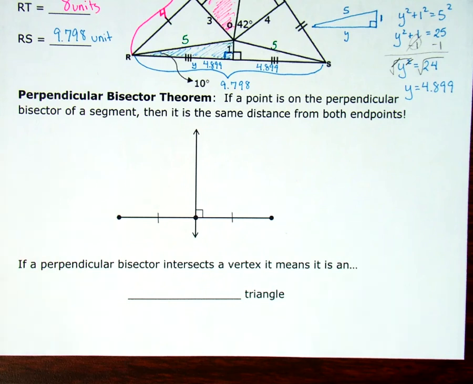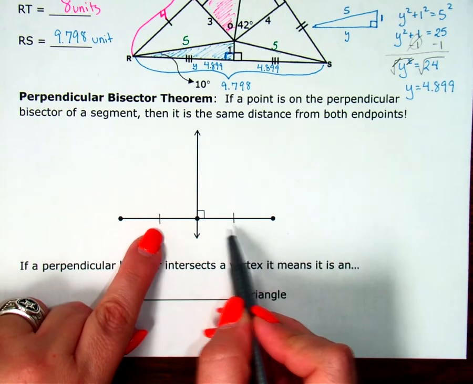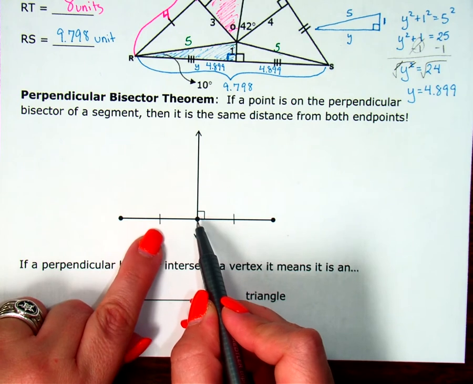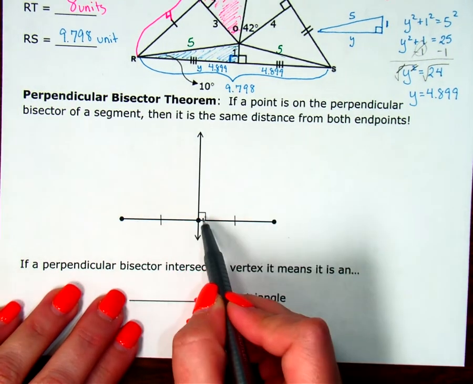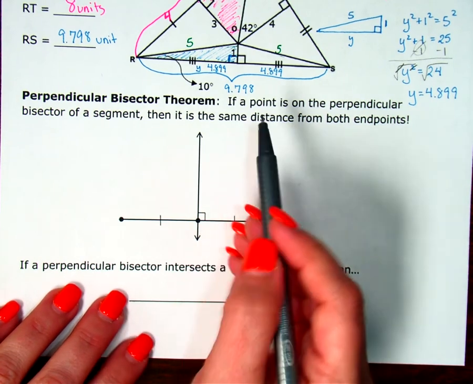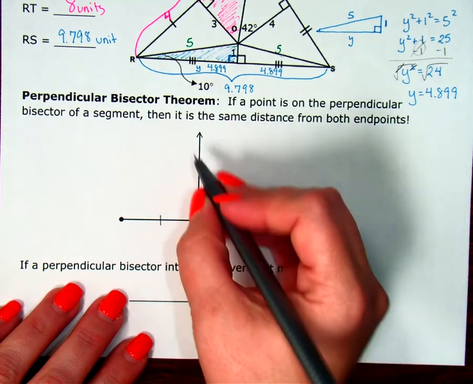All right, the last thing we're going to look at is called the perpendicular bisector theorem. It says if a point is on the perpendicular bisector of a segment, then it's the same distance from both endpoints. So notice here I have a segment, and because of these tick marks, I can tell that this is a midpoint, and then this line here is a perpendicular bisector because it's going through the midpoint at a 90-degree angle. So this theorem says if I put a point somewhere on the perpendicular bisector,